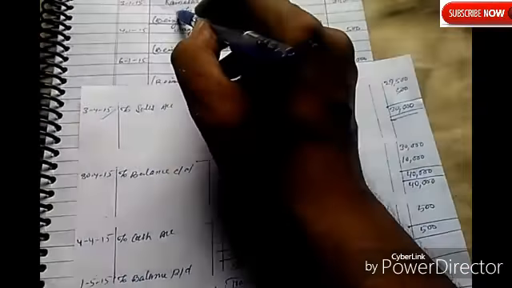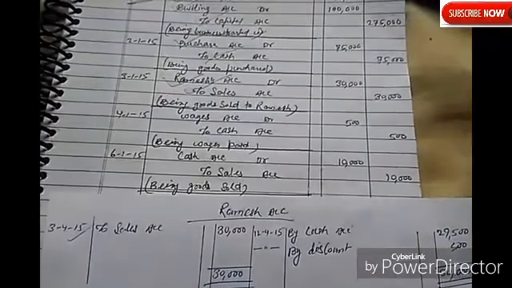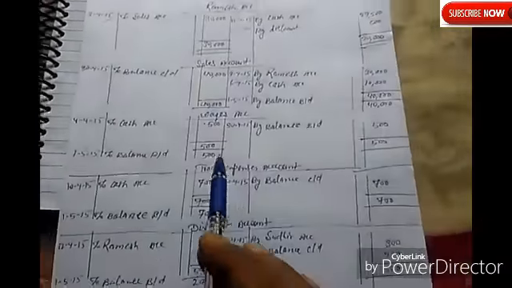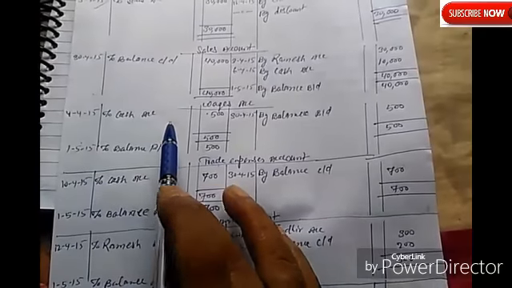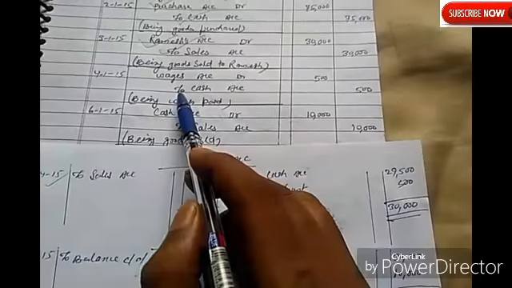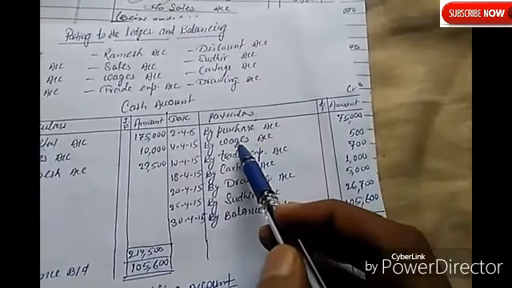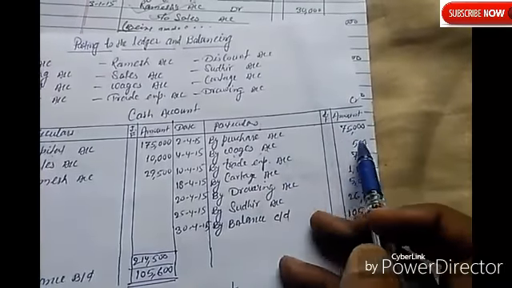Now see another transaction on 4th January. On 4th January, wages account debit to cash account. So prepare one more ledger for wages. Wages is a debit, so put on 4th to cash account. Then cash will be transferred to the credit side of the cash account, by wages account. Cash is a credit side, that's why by wages will be here instead of cash, 500.